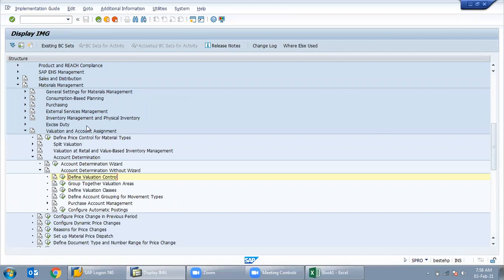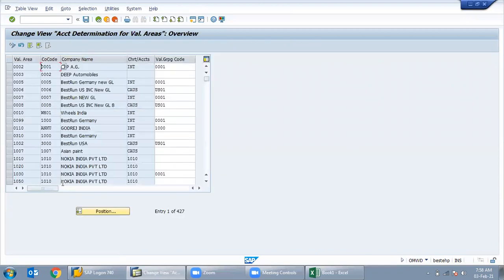So now the valuation grouping code was activated. Now we have to select group together valuation area. What is that? Our company code needs to be assigned with valuation grouping code. Each and every valuation area was assigned at company code level.